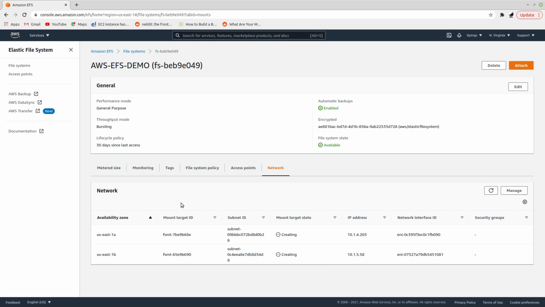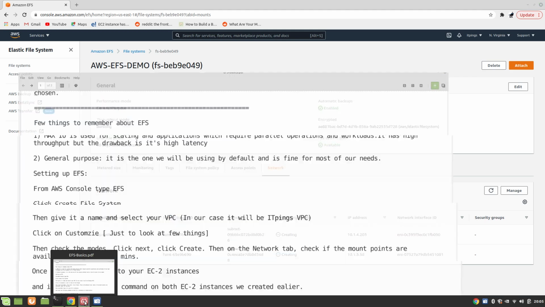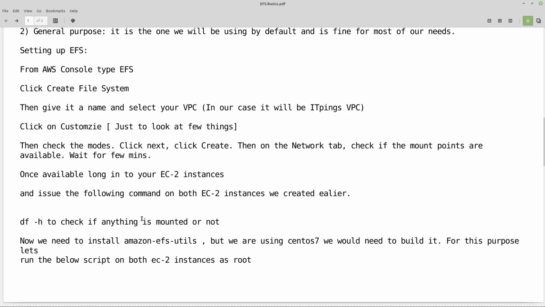So anyway, what we can do is go to our machine, and we need to follow a couple of things. First thing is that we need EFS utils. In Amazon Linux, you can just simply type yum -y install amazon-efs-utils. But in CentOS, it's not the case. We need to build our own